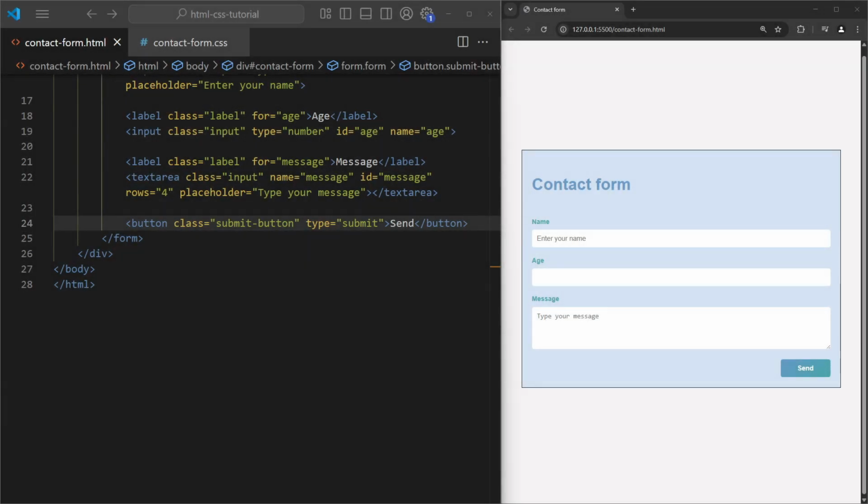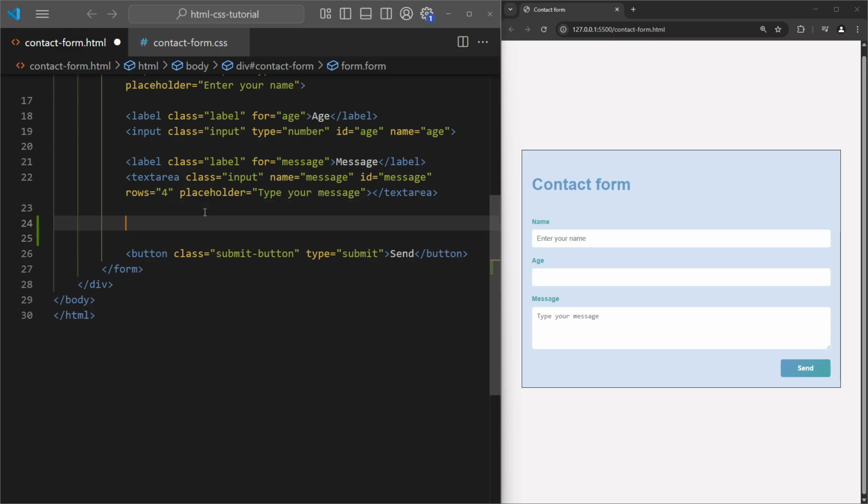In web development, there are many cases where we want users to choose from predefined options. For example, let's add a topic field to our contact form so users can select the subject of their message. Before we start coding, let's learn how to type HTML elements more efficiently using Emmet abbreviations in VS Code.